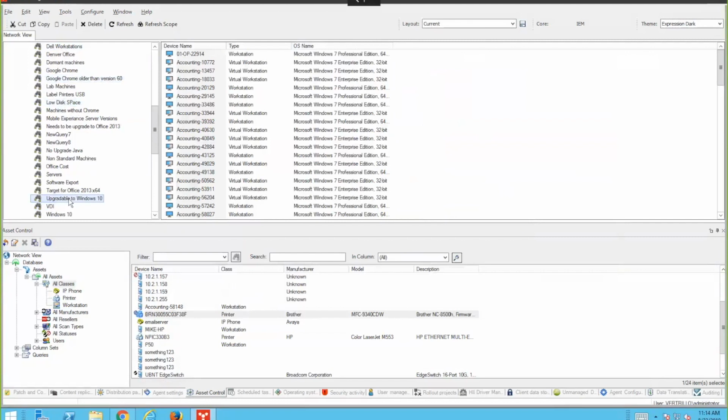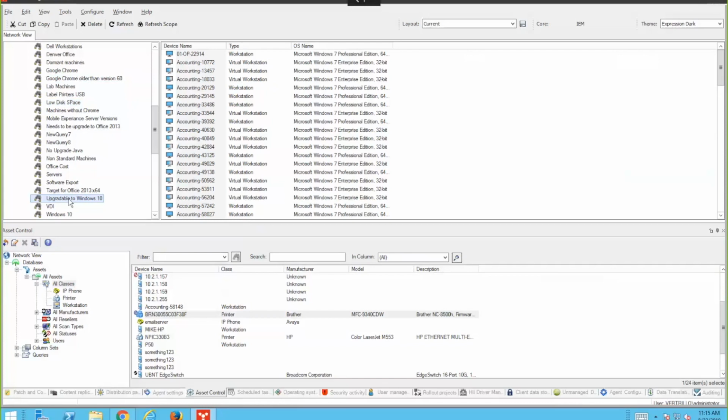It gives us the ability to actually take this information and do something with it and turn it into an action. So, for example, I could target all the people that are upgradable to Windows 10 with a Windows 10 migration. And if a new machine came online that was Windows 7 or something like that, it would potentially be upgradable, and it would kind of receive that package. So it doesn't have to be a one-time thing. It can be a much more permanent use of